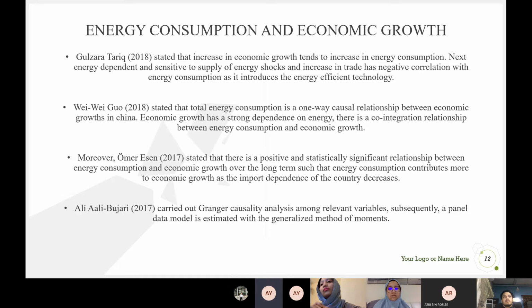Economic growth has a strong independence of energy. There is a co-integration relationship between energy consumption and economic growth. However, economic growth's dependence on energy consumption decreases year by year in China. The way of economic growth is changing from the extensive economic growth mode to the intensive mode of economic growth. Moreover,